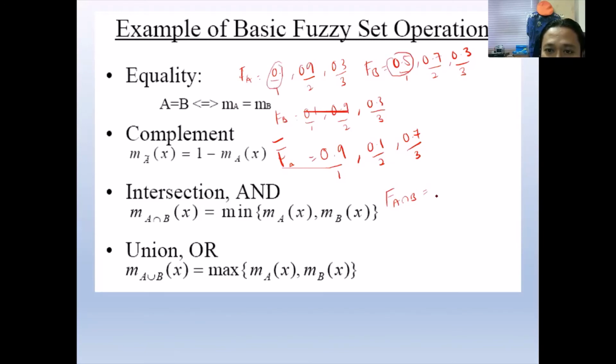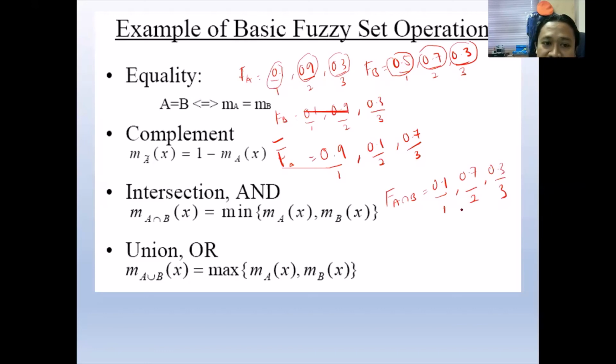Which one is the minimum? It is 0.1, sequence number 1. Next, sequence number 2, 0.9 and 0.7. The minimum is 0.7. Then sequence number 3, 0.3 and 0.3 are the same, so 0.3. Clear?